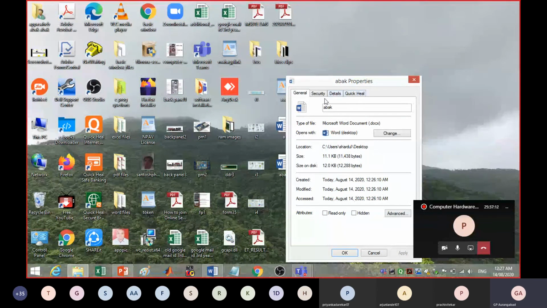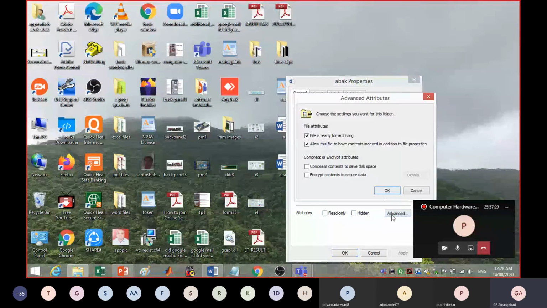All the file information will be available here. You will find when it is created, modified, accessed, what the size is, where it is stored, by which software it is created, what the name of the file is, and what the attributes of the file are. If you want to change certain attributes of the file, you can archive, compress and encrypt this file. Compress means you can reduce the size of the file. Encrypt means other people will not be able to read this file except you. So encryption and compression, how they are implemented, we'll see in the booting process, but these are the advanced attributes here.